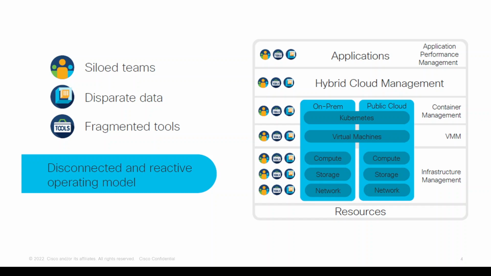At the end of the day, this entire stack is about delivering the applications for the business. So Intersight Workload Optimizer helps customers manage these multiple layers of operational complexity and tooling that result in the challenges with application resource management that we listed on the previous slide. So application resource management requirements change constantly. Every time you add, delete, or change something in your environment, that changes the dynamics of the entire system as